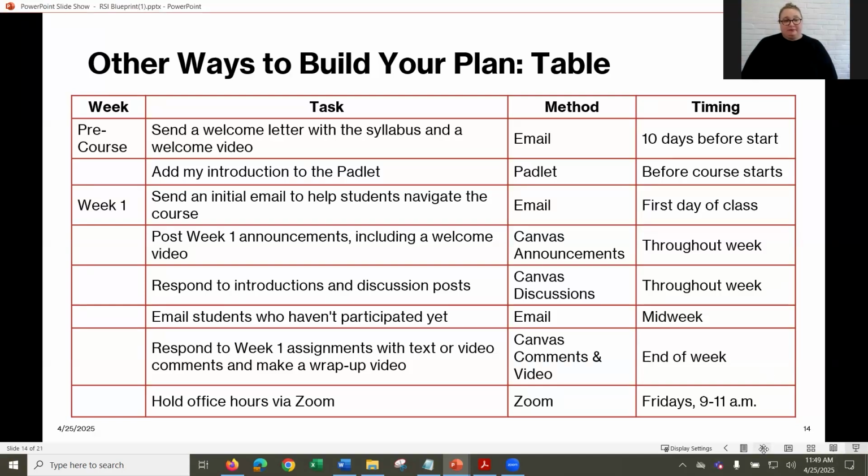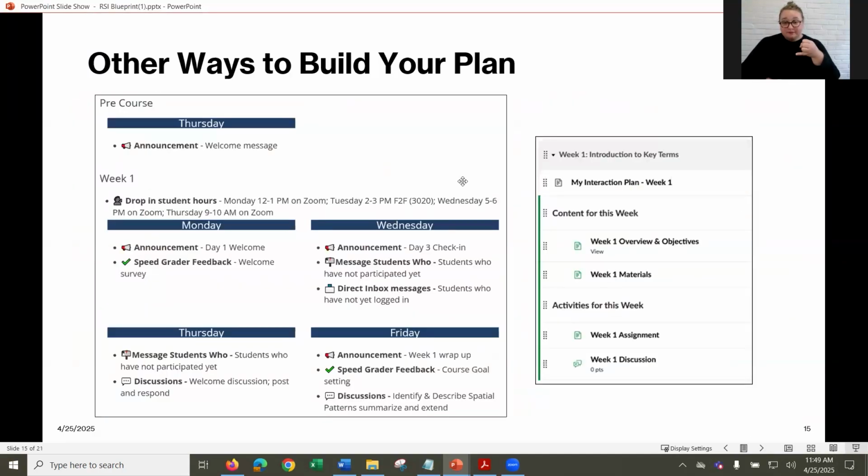And lastly, you can also create a page that you don't publish in your modules for each week. This is just a screenshot example, but this is my interaction plan for this week. I can keep it in there as a reminder for myself. Okay, this is when I said I was going to go do grading. This is when I said I was going to post announcements, just as a reminder for myself what I need to do that week. And then here's the content that I have for my students.